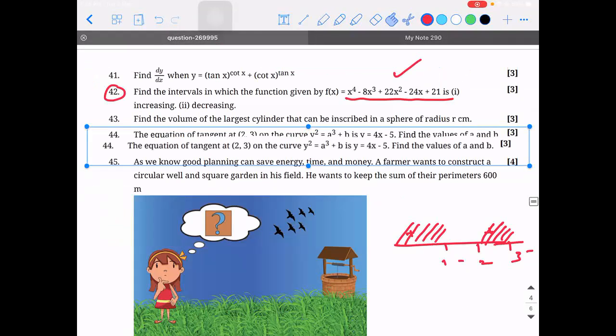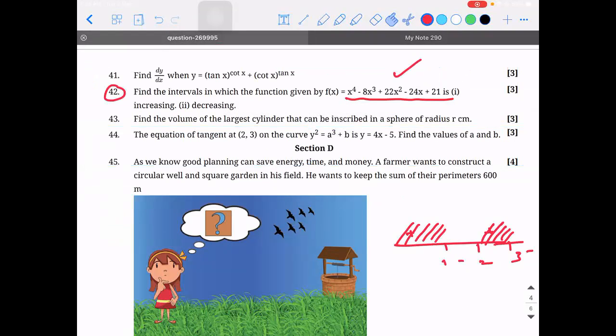If you differentiate it, you are going to get 0. But if it is 0, then the slope should have been parallel to x. There should be something like that. I think there is something missing in the question. Let me check. What is the number? 44.